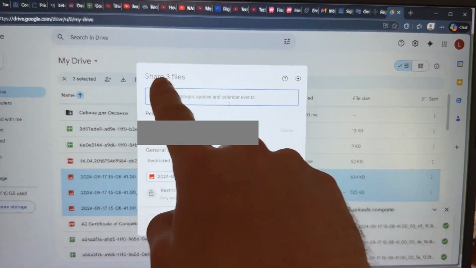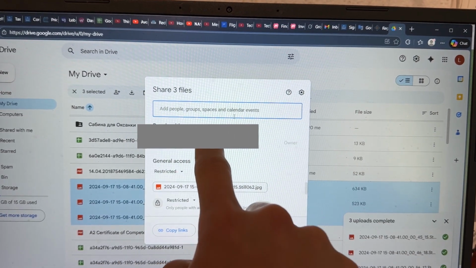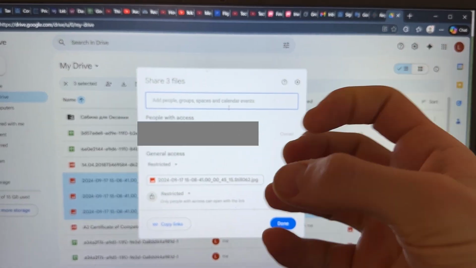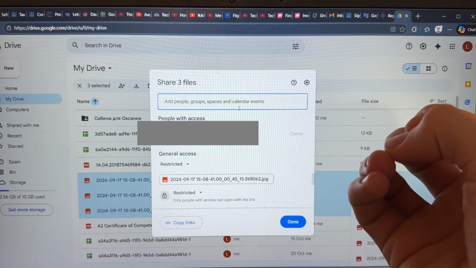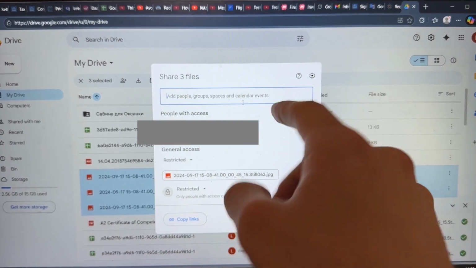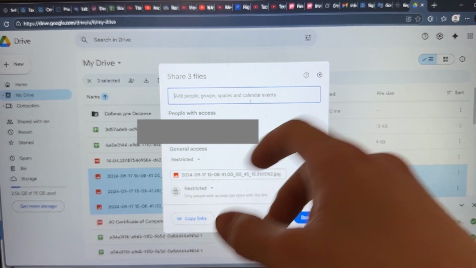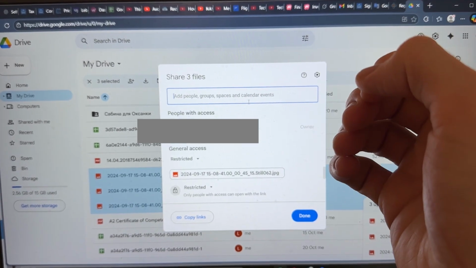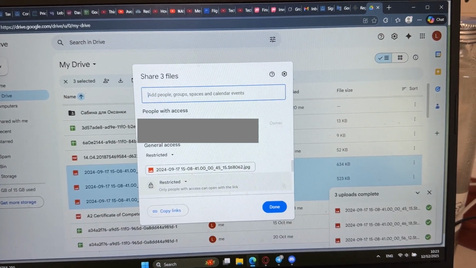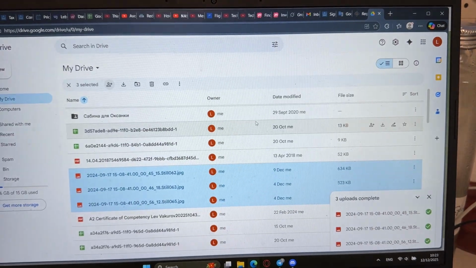So here in this small window, you want to search for people, which is basically their Gmail accounts, their email accounts. You're gonna put them over here and find them and share to those Gmail accounts these pictures and files that you just selected. Okay, and once done, you just press done, and the files are going to be shared